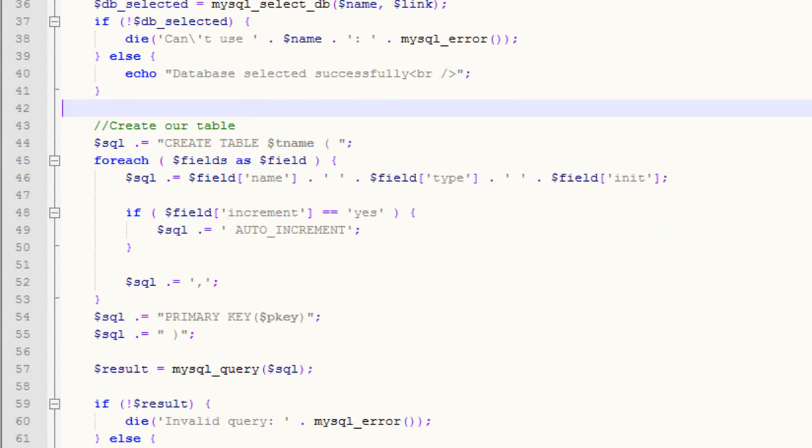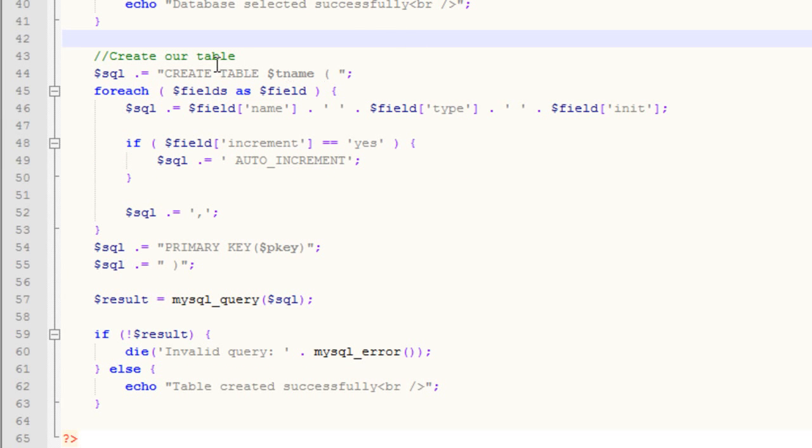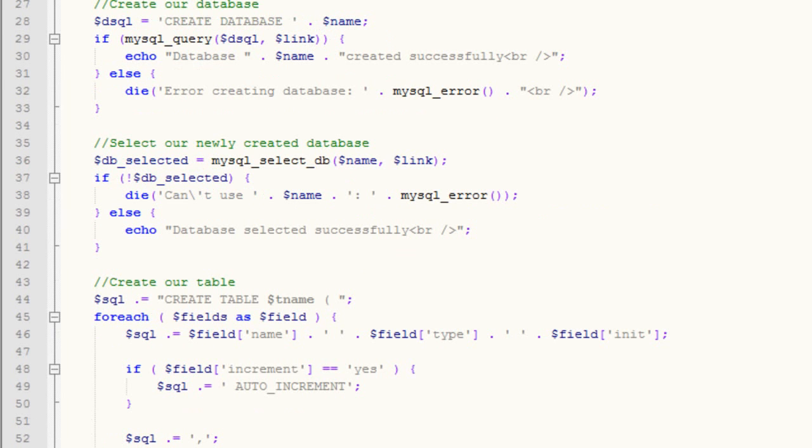So what we've done is we've connected to MySQL, we've created a database, we selected that database, within that database we created a table, and we gave it our primary fields. So this is a really, really quick and easy way of creating a database with the necessary fields. So if you have a script that requires a MySQL database and you need certain tables in it, then you could create something like this and use it as part of some sort of install script where users could enter their credentials,